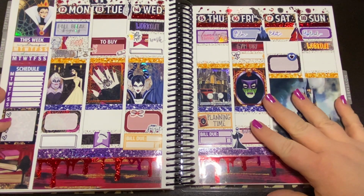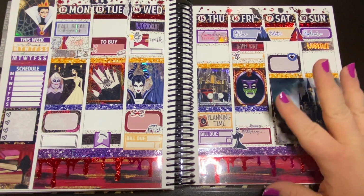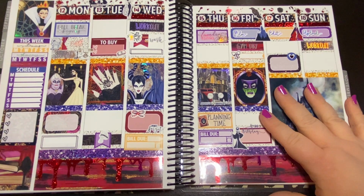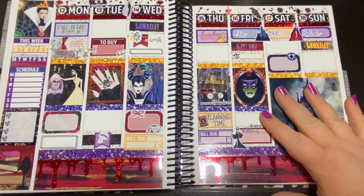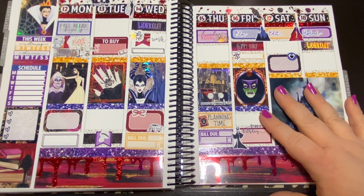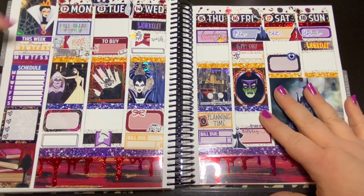Because it is fall break and I have a weirder week, I don't have work this week. I'm just going to put a checklist of things I want to accomplish that are not necessarily having to get done a certain day, just making sure I'm keeping on track. I have my fall break begins, and